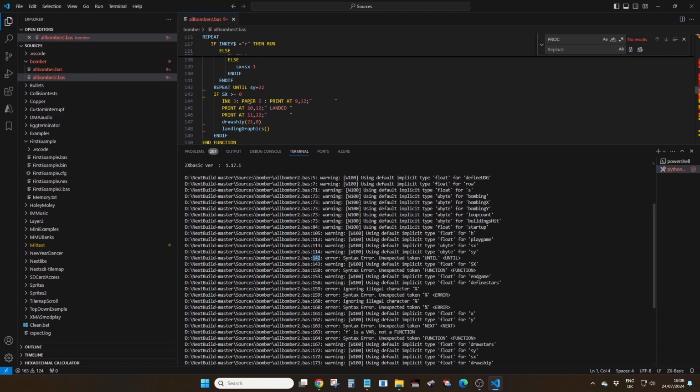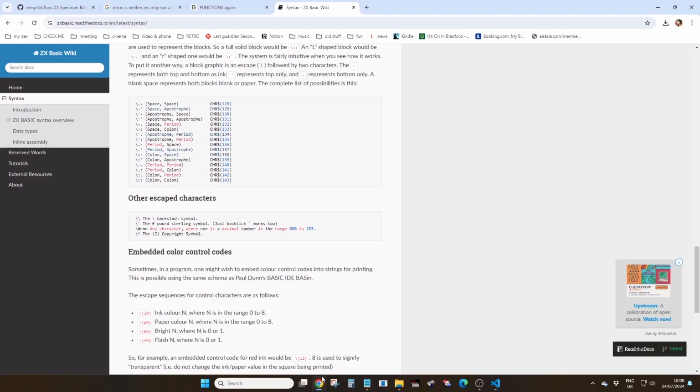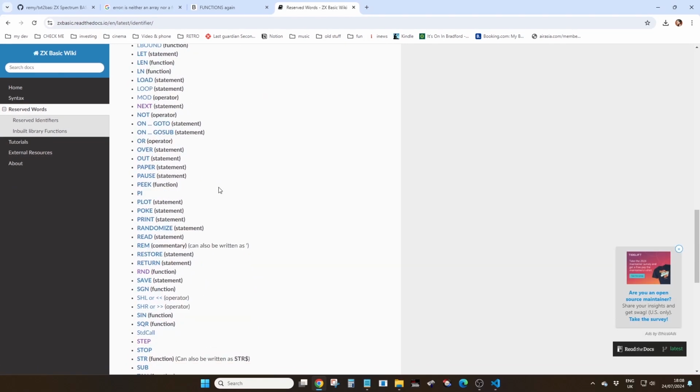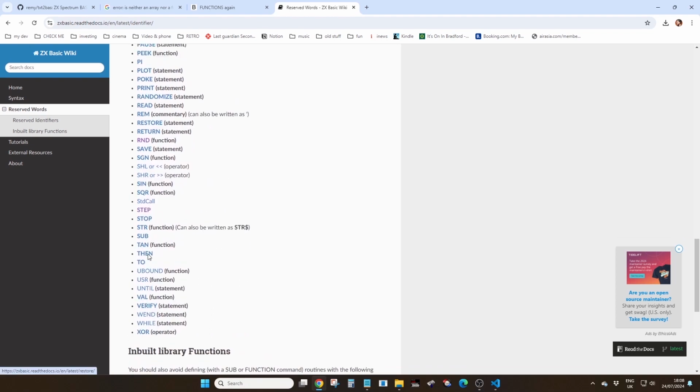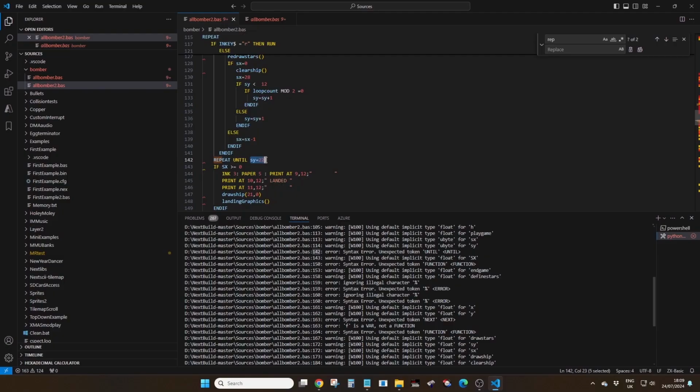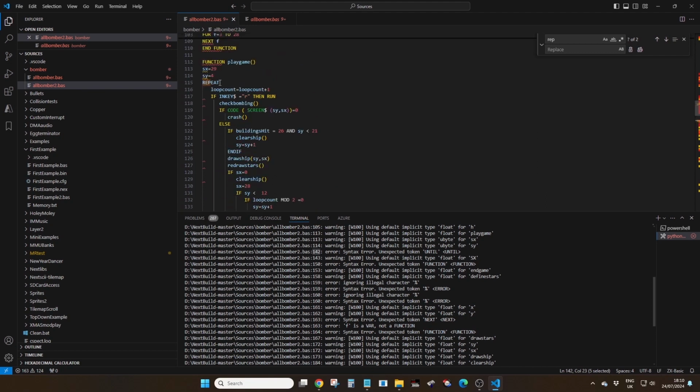And then it's complaining about an until, which is part of the repeat until statement that I've used. So looking at the Boriel site, there is no repeat statement, so I can't use that command. But looking down, there's a while statement, so I can use that instead. So if I take the condition sy equals 22, and I take that up and put that in a while statement,